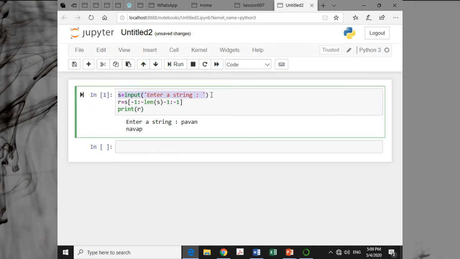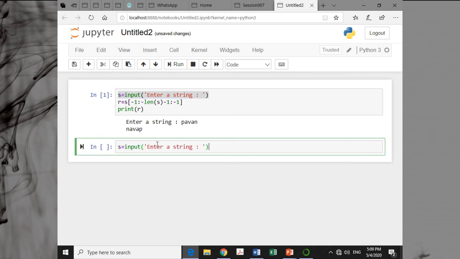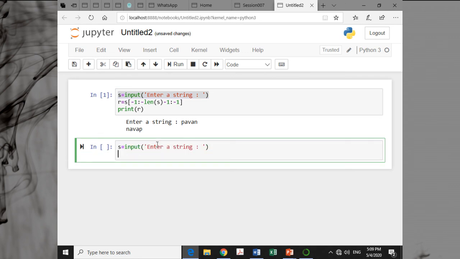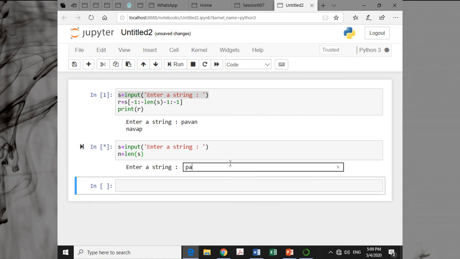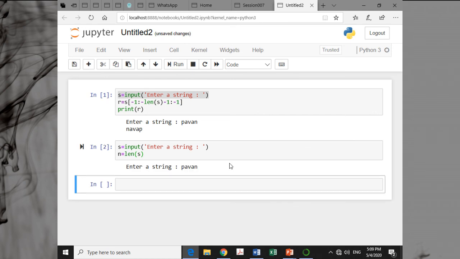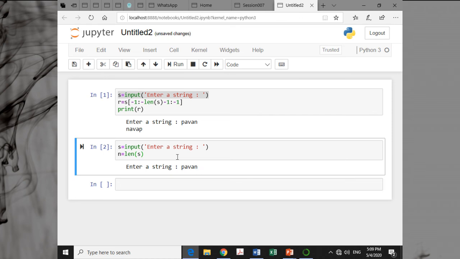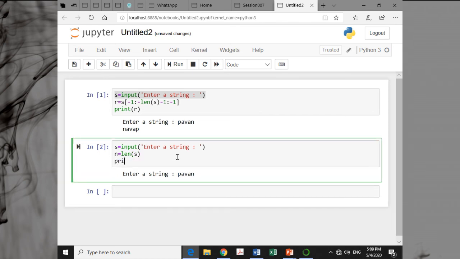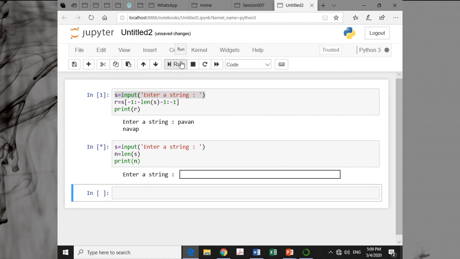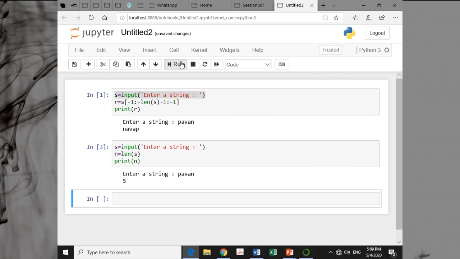So let me tell you another thing. Say this is a string and I want to just calculate the length. n is equal to len of s. What is the length of the string? If I run and write pawan, and print n, it will say 5, the length is 5.